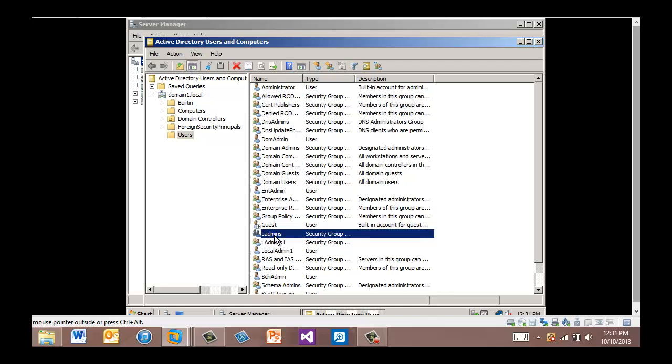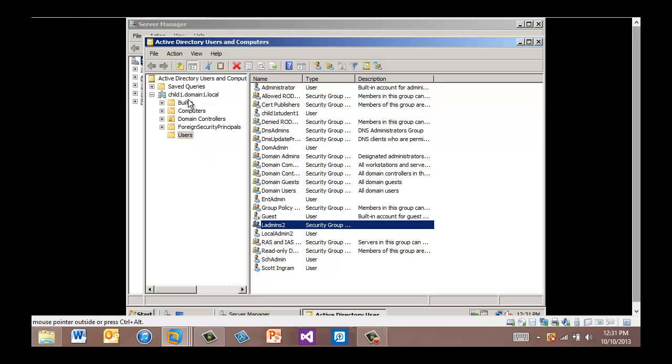It is a member of local admin 1, and it is a member of the local admins. We've also created a user called local admin 1. Now on the child domain, we have created the local admins 2 security group. It is a global security group. It has as a member local admin 2, which is another user that we have created down here, and it is a member of the local admins,